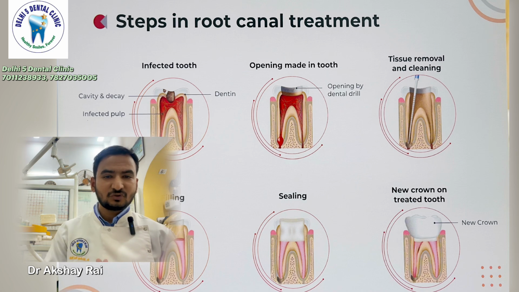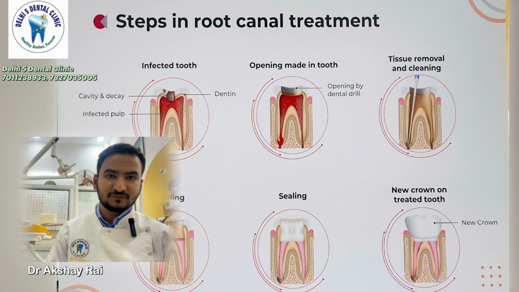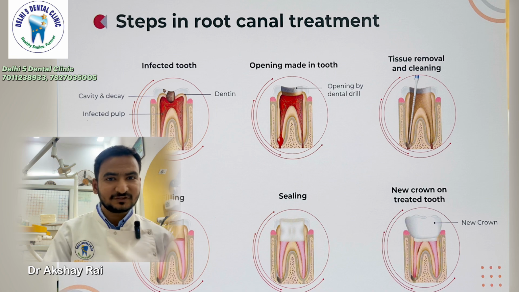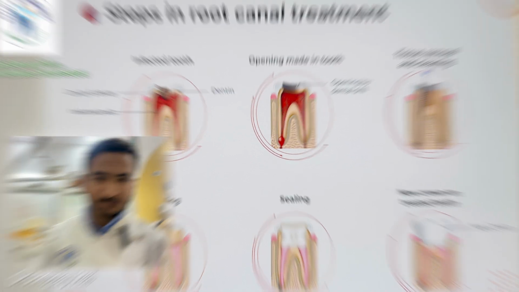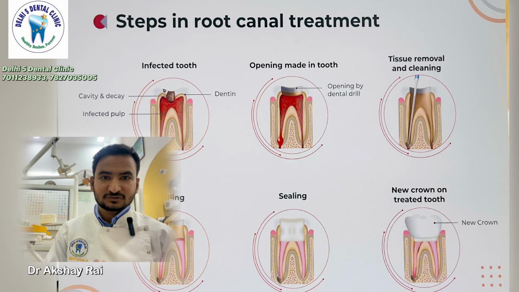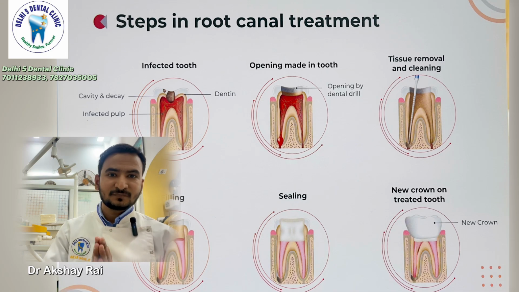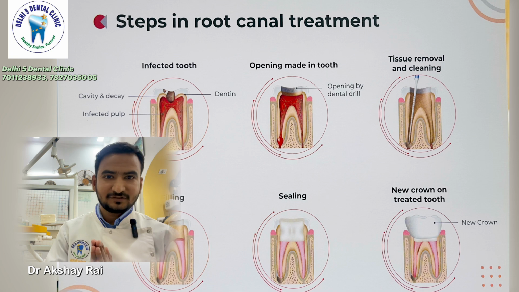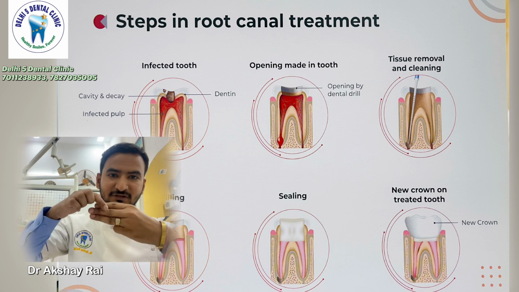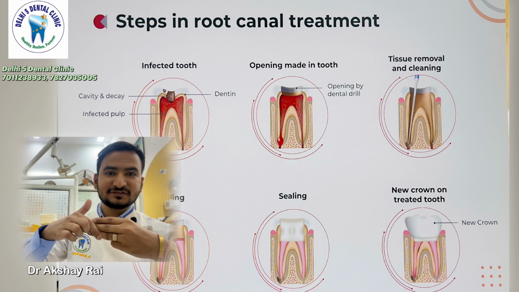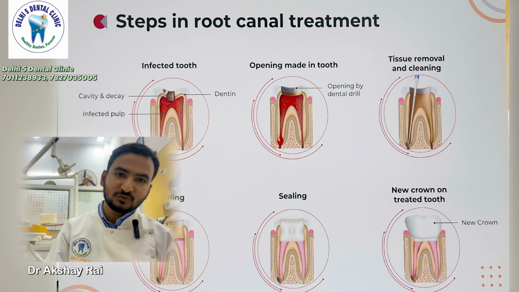Now today I'll be explaining the steps in root canal treatment. So first, root canal treatment is a procedure in which we clear all the nerves and blood vessels in the tooth, which is called the dental pulp. Why do we clean this? Because when tooth decay reaches the dental pulp, ideally there are three layers of teeth: enamel, dentin and pulp. When the tooth decay reaches the pulp layer, then we have to do root canal treatment.